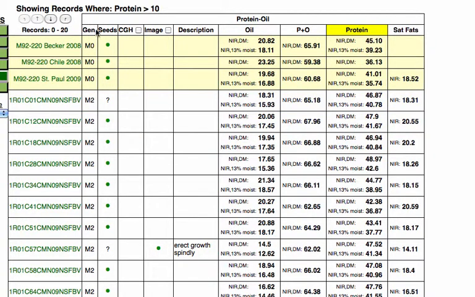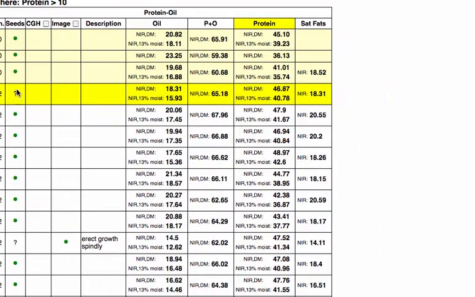are M2s. We have a seed column, which tells you whether seeds are available. If it has a green dot, it's known to be available, and if it's got a question mark, we're not sure. There's a column for comparative genome hybridization array. In this case, none of the mutants on the screen were analyzed by comparative genome hybridization. If they were, there'd be a green dot here, which means that a Manhattan plot of that data would be